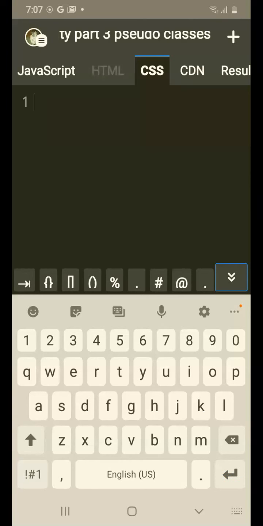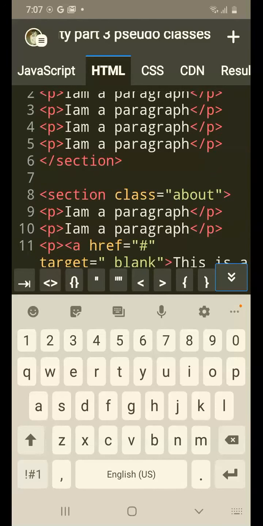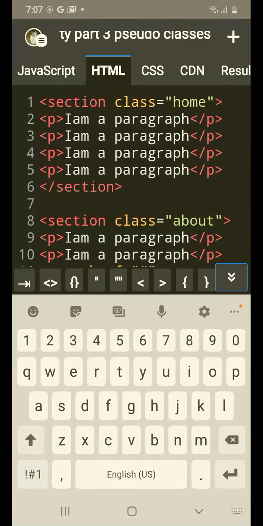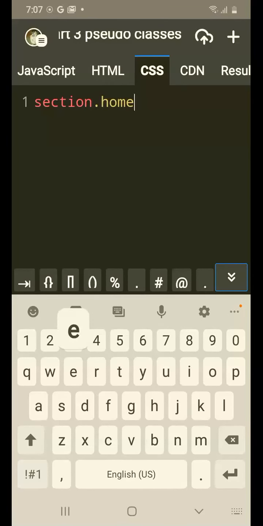Okay, now we already have the HTML here with section class equal to home, right? Okay. So how do you do the CSS for that? Section dot home, right? Because class is home, so the class has to be preceded by a dot. Okay, space, and then paragraph. Okay, style,